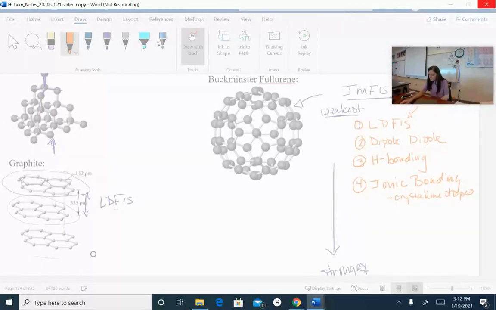Okay, so hopefully you had fun learning about IMFs, and next time we're going to start learning about phases between solids, liquids, gases, and we're going to learn how to read phase diagrams and learn about the energy that it takes to turn from one